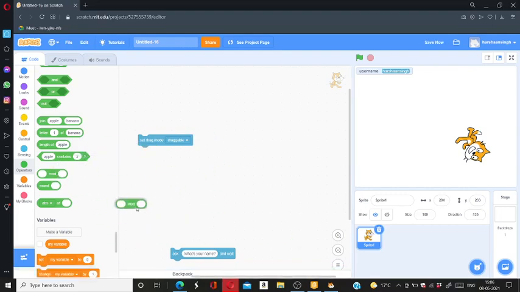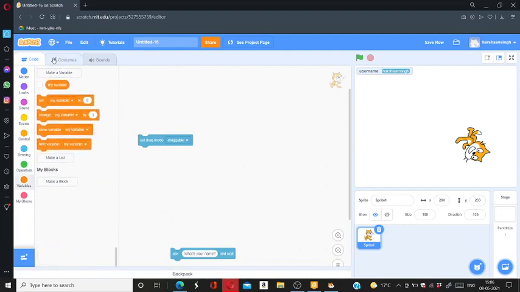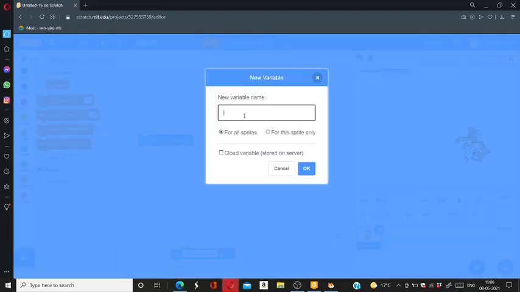So let's move on to variables. The variables are in kind of every coding language. So we can make a variable from here. I will put a cloud variable tutorial also, I don't know in how much time.